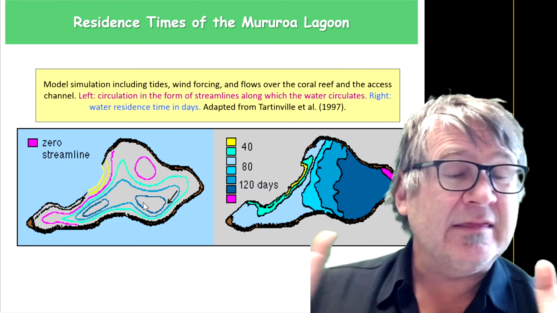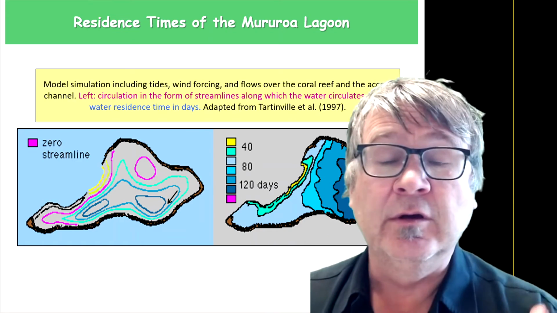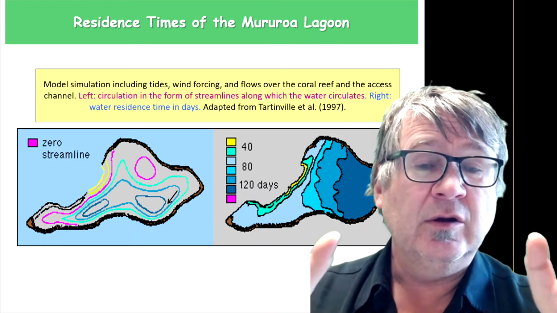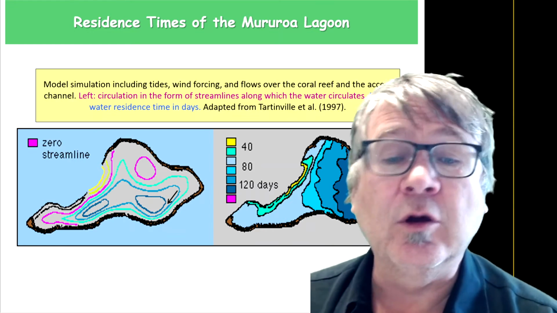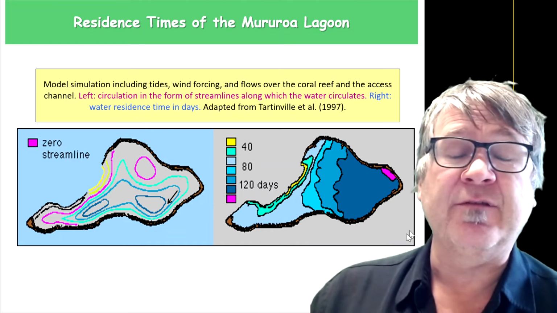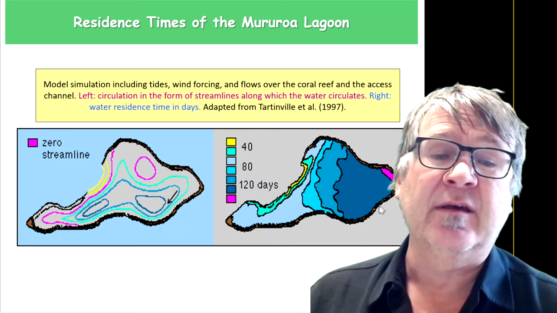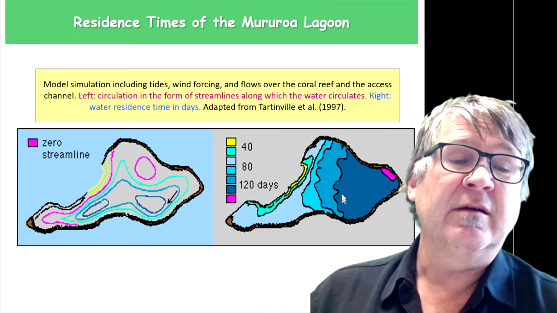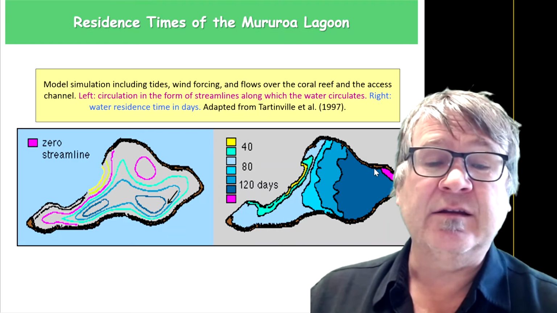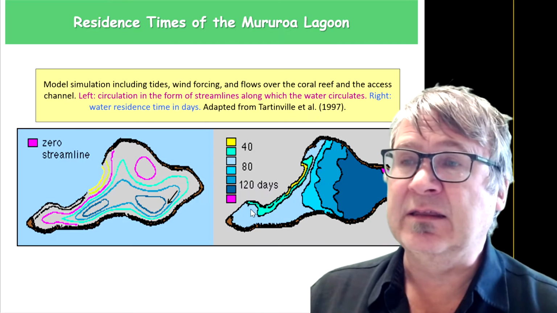Anyway, let's have a look at the residence time distribution now, and this is color-coded. You release particles and you count the time it takes to leave the lagoon, and you can see that on the eastern side here you have an area where it takes more than 120 days, which means 3 months, to leave the lagoon, as opposed to less than 50 days if you're closer to the entrance